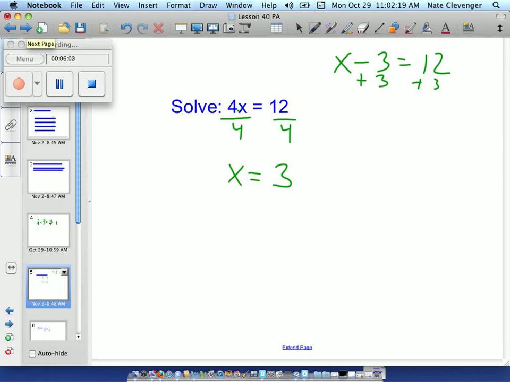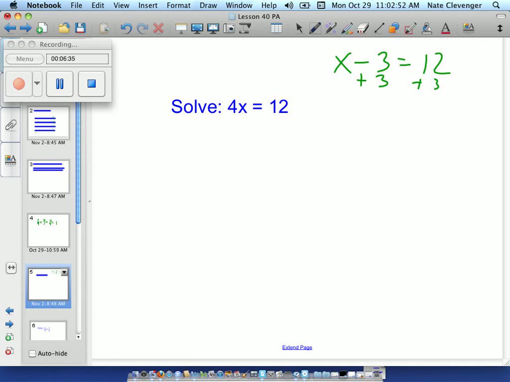Now the other way, and this is the way that I hope most of you will go with, because if you learn this next way that I'm going to show you, then you can use this method to solve almost all of them. You don't have to memorize different situations and go, okay, in this situation I'm supposed to multiply, and in this way I'm supposed to divide. This is just going to show you how to do it every time the same way. And I'm going to go the long method of showing this,